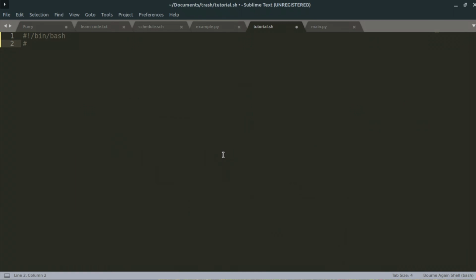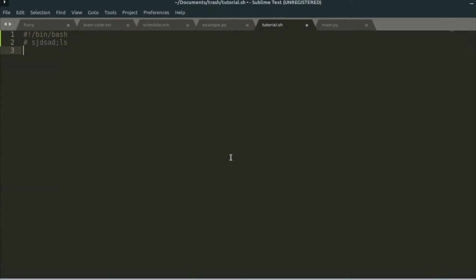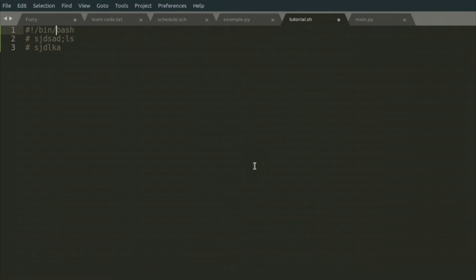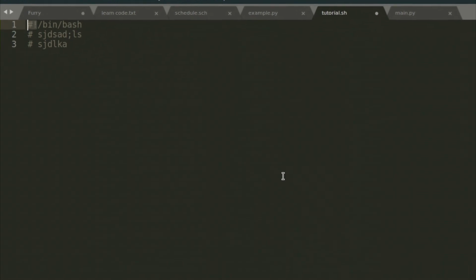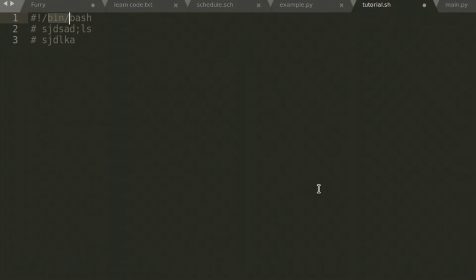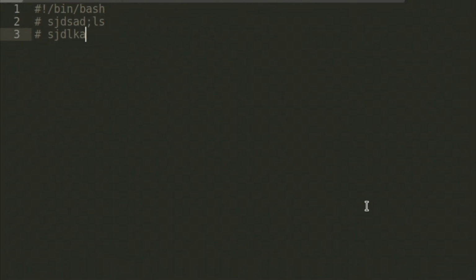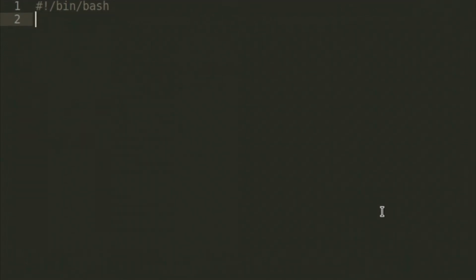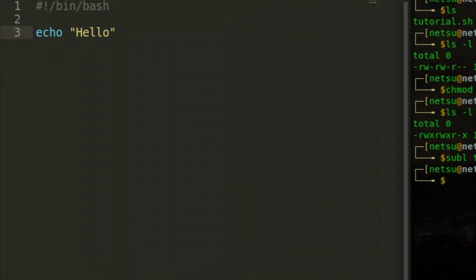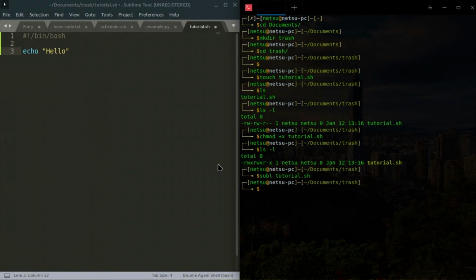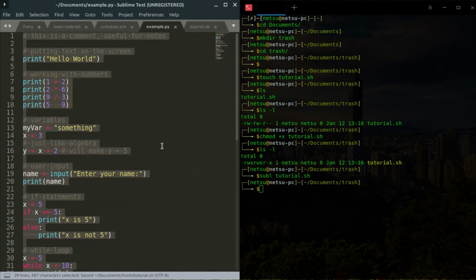Of course, anything with a hashtag is a comment though, so if you use a hashtag it won't be read, except for this hashbang right here. This one will be read, and this one will be taken into account when it wants to execute the code. So it's basically the same scripting as writing in the terminal. So if I say echo and I go hello, then in fact we can actually just make these side by side. And if I just save this right here,